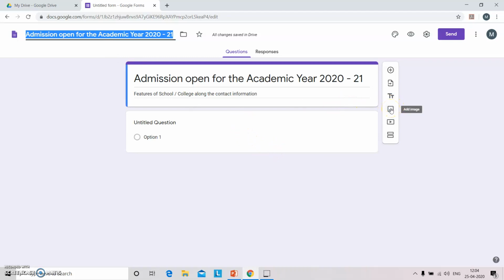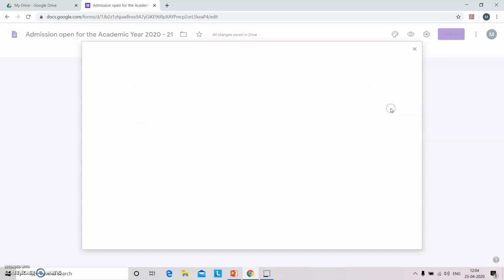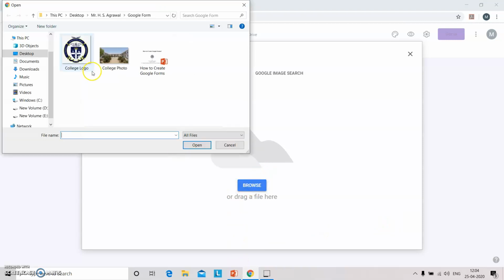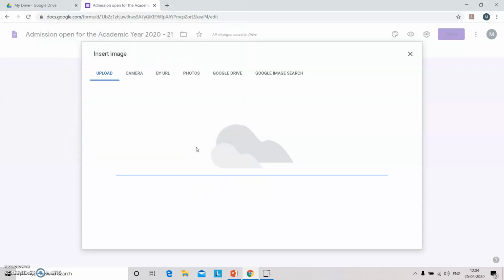From this option, you can add an image to your Google form. You can add the logo of your school or college from this. Browse the file where you have stored it. I'll choose one and upload it.